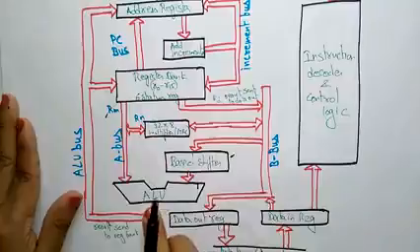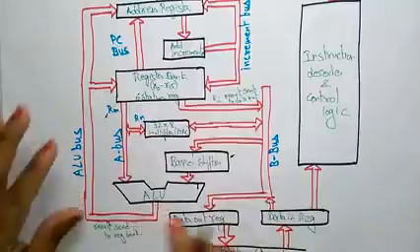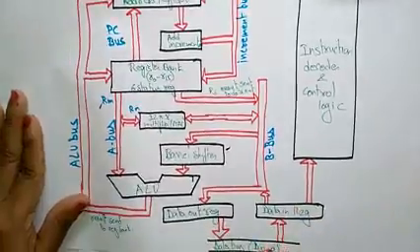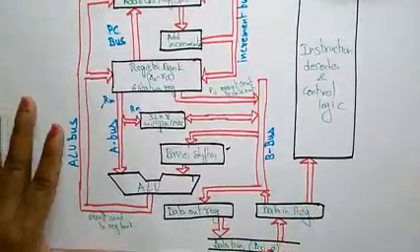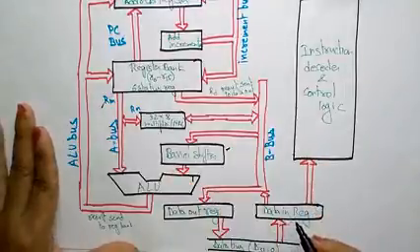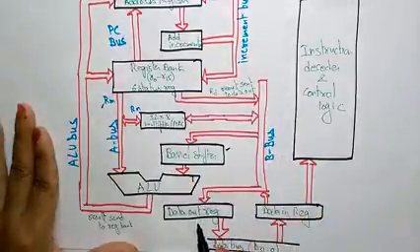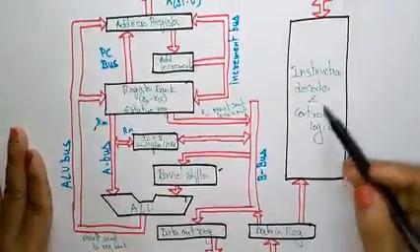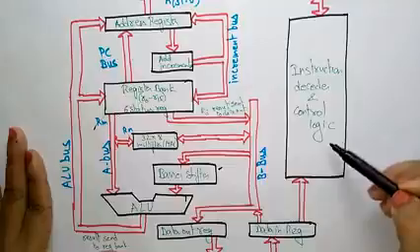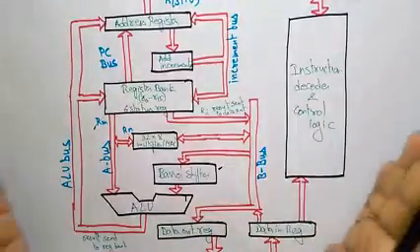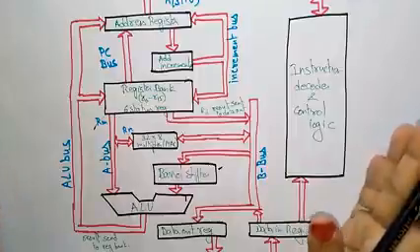And the ALU is used to perform the arithmetic logic operations, along with the data out registers and data in registers. The data on which the operation has to be performed will be sent with the help of the data in register, and the final result will be sent to the data out register. And here the instruction decoder and control logic will be there. Okay, so let's see how exactly the ARM data path organization is working.